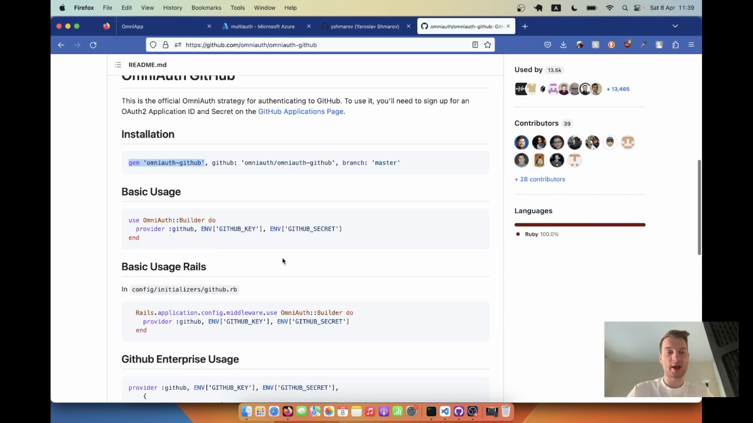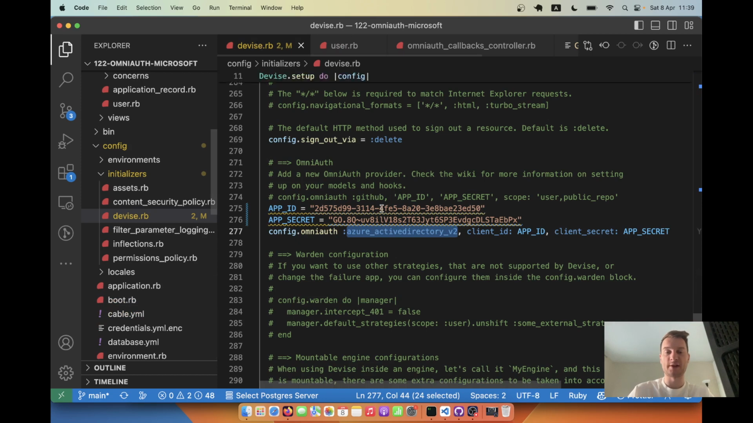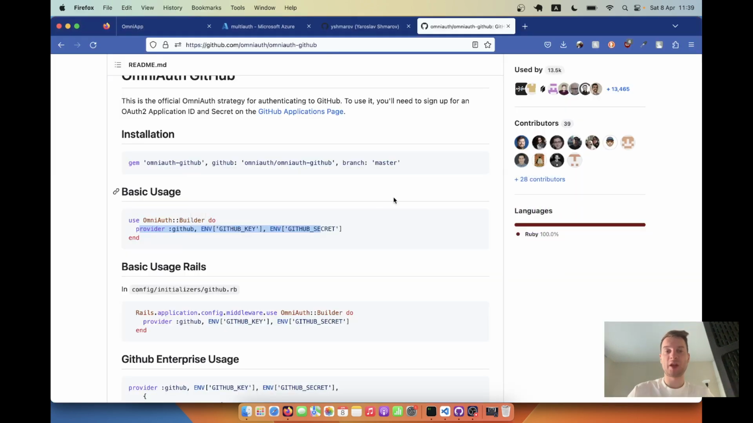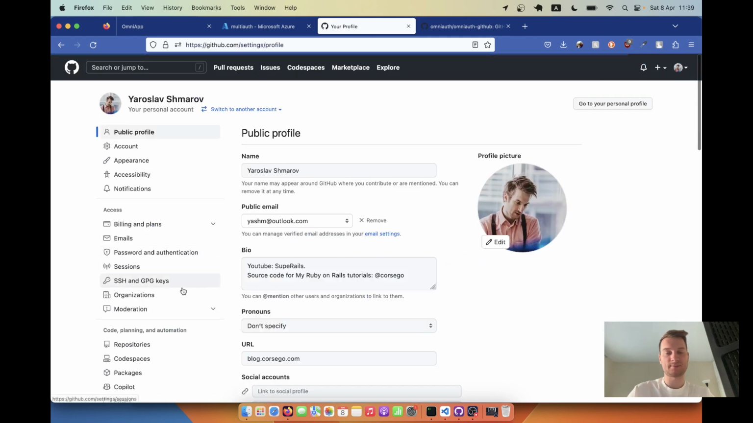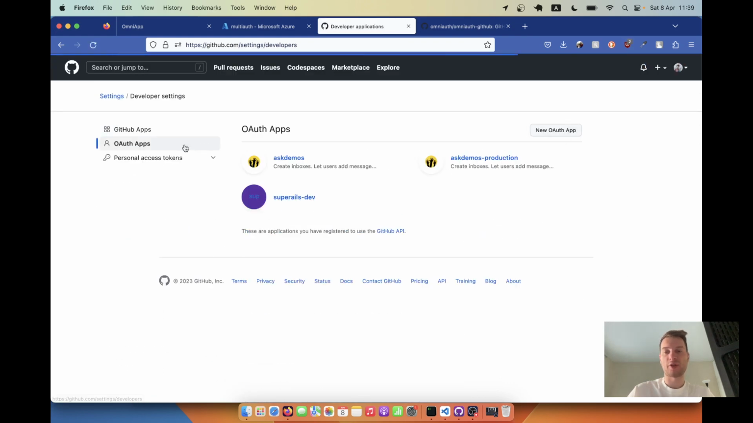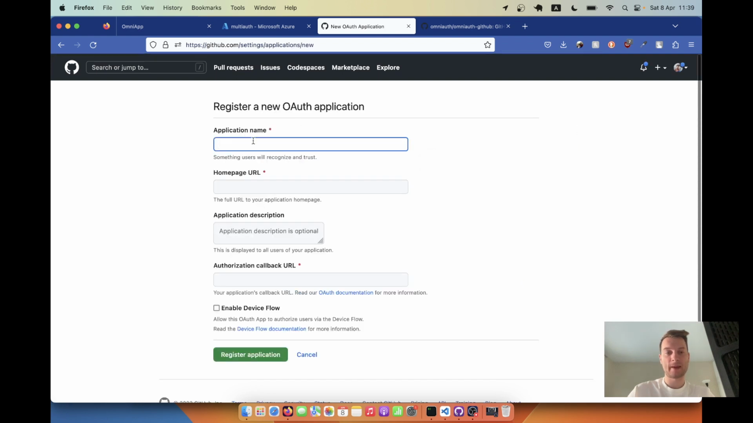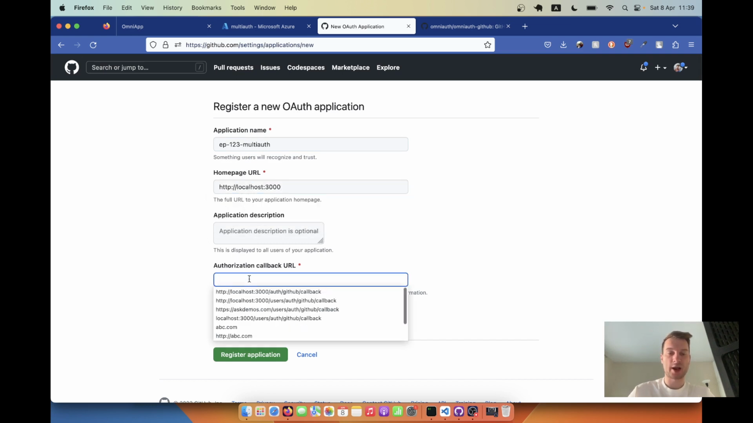And now going further, I need to add the GitHub API keys. So actually in the default Devise example for omniauth, we have this config omniauth for GitHub. Now let's get the app ID. To do this, I'm going to go to my GitHub profile and go to settings, developer settings, OAuth apps, create a new one, application name, let it be like the name of this episode, homepage will be localhost, and application callback URL is going to be /auth